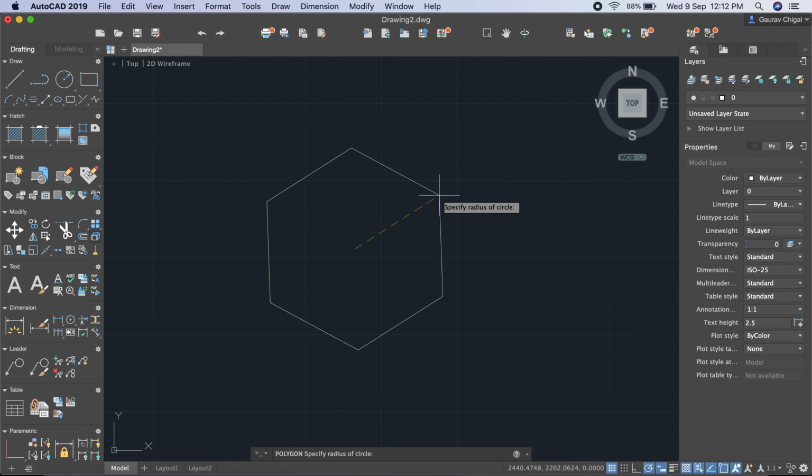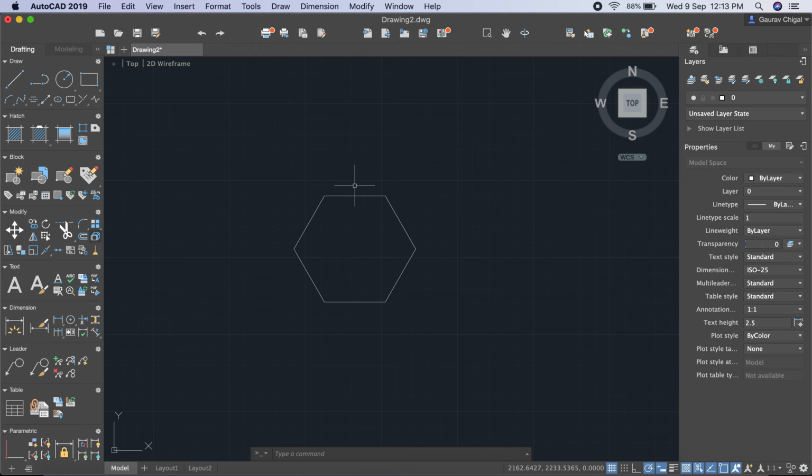The radius of that circle should be given so that you can define the dimensions of the polygon. Here let us say the radius is 200, and press enter. You can see a polygon is created with an inscribed circle having a radius of 200 millimeter.